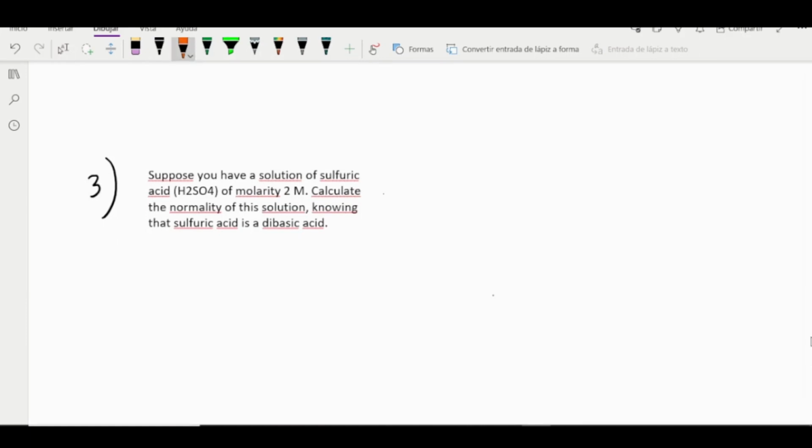Here, the next situation, probably you can imagine, we need to calculate the normality. So suppose you have a solution of sulfuric acid of molarity 2 M. Calculate the normality of the solution, knowing the sulfuric acid is a diprotic acid. So what is this situation? Remember, in normality,